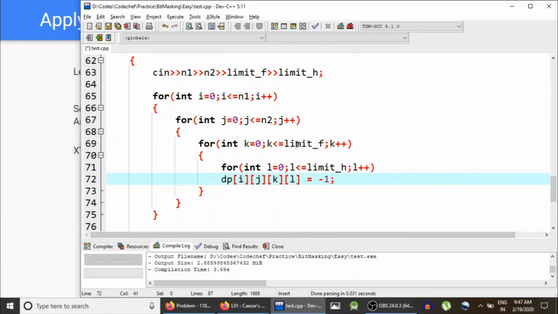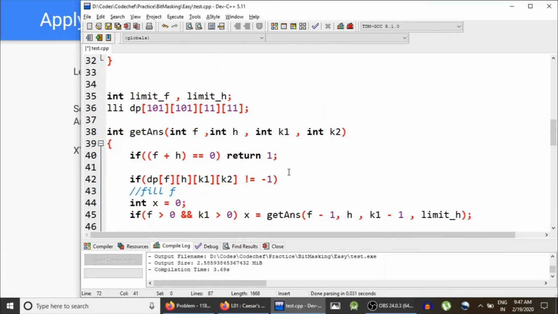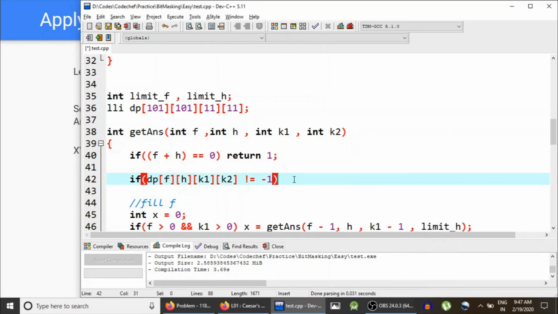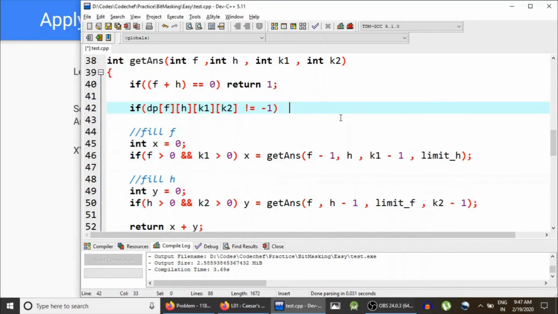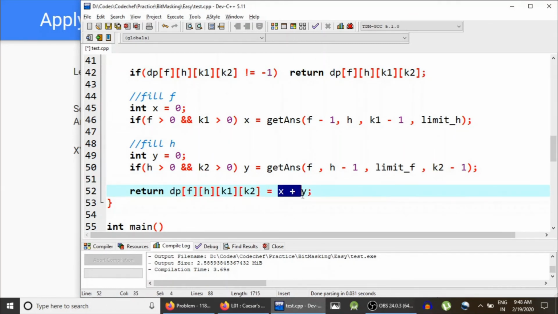So each place of this dp we have filled with -1, which would indicate that this state has not been visited. So if this state is not equal to -1, which indicates we have been to this state, then instead of making these recursive calls, we would directly return the result from here. Otherwise we would calculate the result, and before returning we would save it into the dp array. And since we have to print it modulo 10 to the power 9, that is why it is important to take modulo